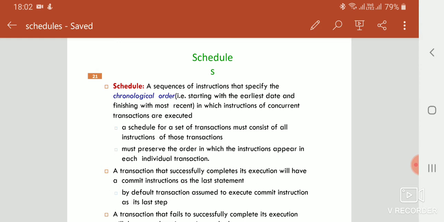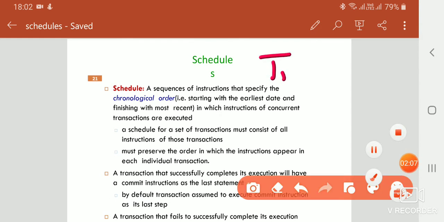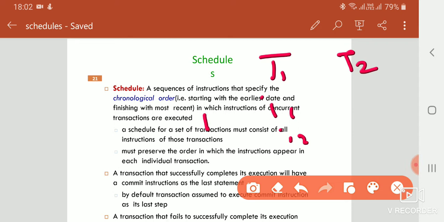Why are we told to preserve the order? See, here T1 transaction and T2 transaction, and T1 has I1, I2. So we should preserve this I1 and I2 order. You can't write I2 and I1. Here the representation plays a major role, because whenever you're opening an account, you can't directly perform the operation, then commit and then close.